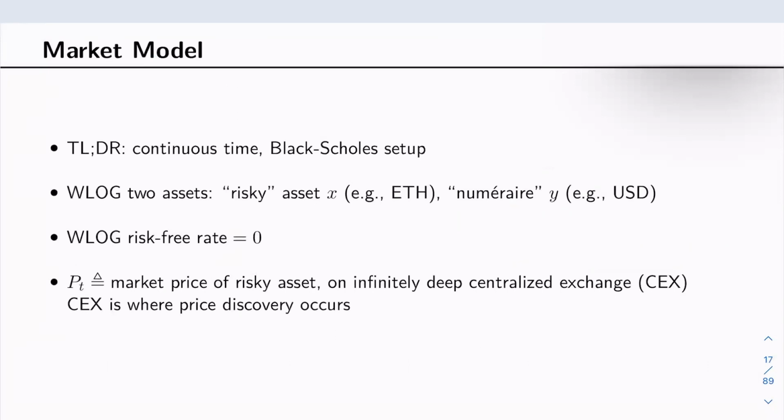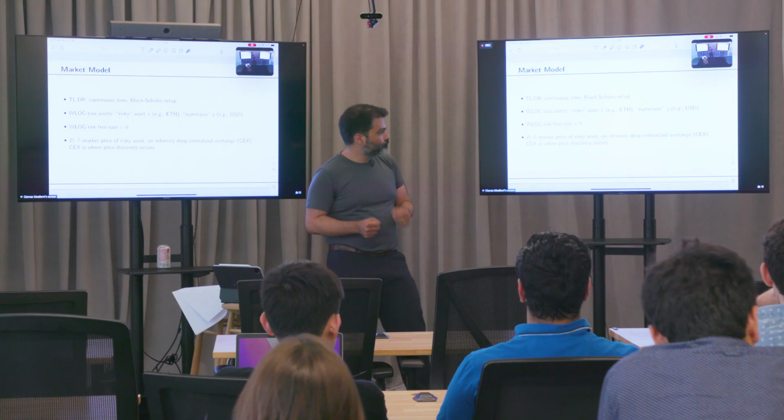I'm going to assume that there are two assets, and we can do more than two. This is without a loss of generality. So my running example will be a pool where there's a risky asset I denote in general with X, and so we can imagine that that's Ethereum. And there's a cash or numeraire asset, which we can assume is some US dollar coin. I'll call that Y. So we're going to be dealing with a pool that trades a risky asset against cash.